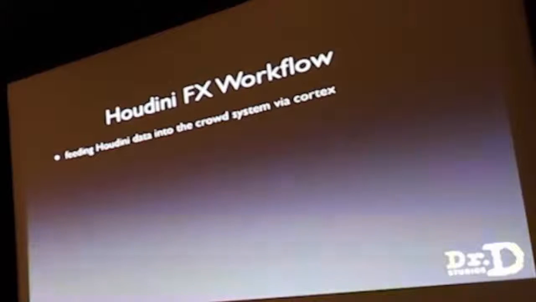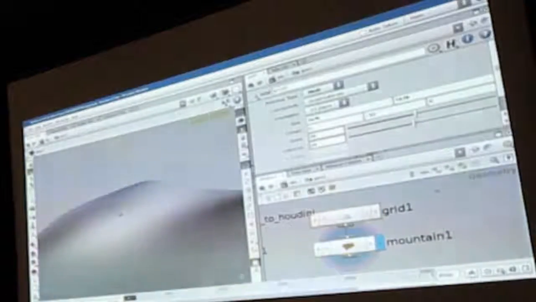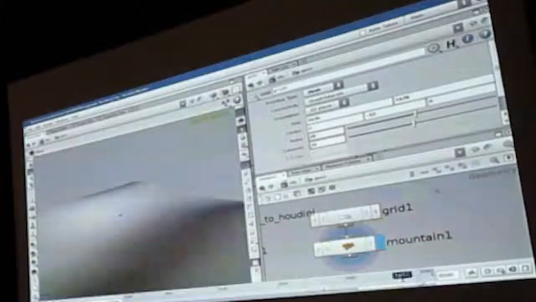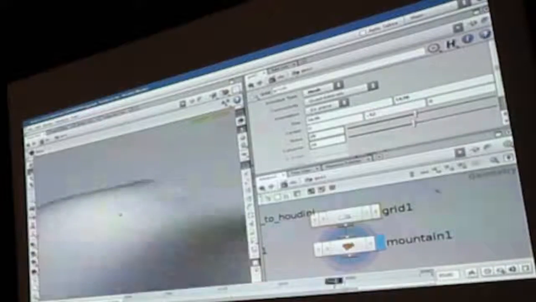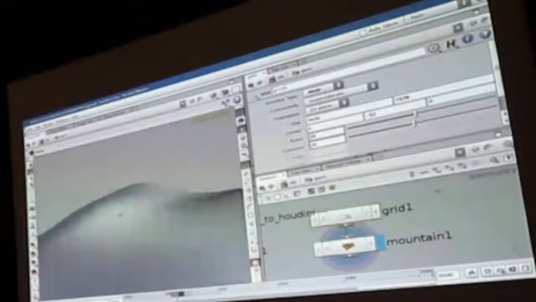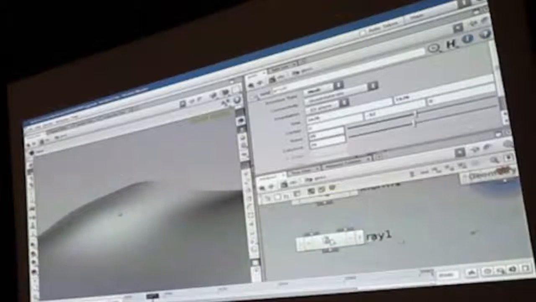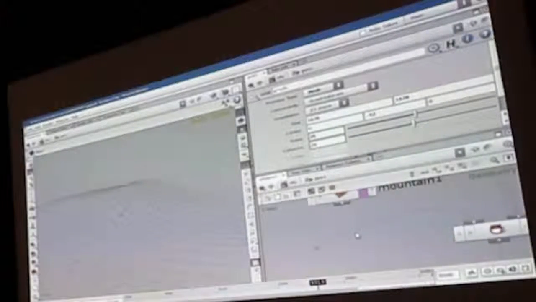This is the other way around, instead of extracting data from Cortex and putting it into Houdini, we can also go the other way. Here we just have a small example that has a deforming geometry in Houdini. We extract the root joints of all the characters in our layout through a Cortex op, put that into a Cortex point primitive,